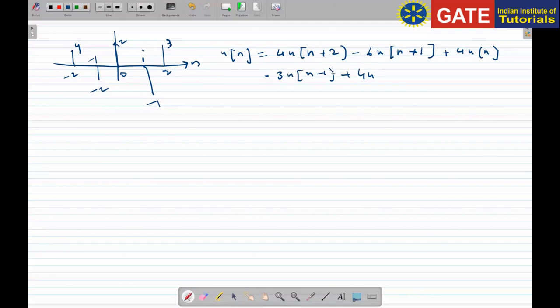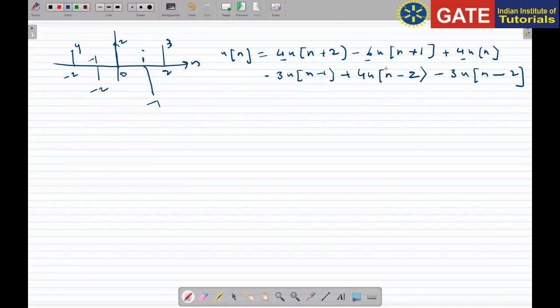Okay. 2 plus 2, then minus 1, minus 3, minus 1 to minus 2, minus 3, right? Minus 3 u of n minus 1, then 3 minus 1 plus 4 u of n minus 2. So after that, now it is turning to 0. So minus 3 u of n minus 2. Correct? If you will observe 4 minus 6 plus 4, 8 minus 6 minus 2,